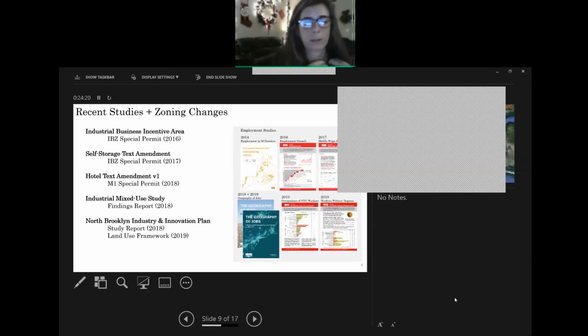So there's just a couple of things. I'll go in order. Just to also what Sante was mentioning originally, as far as the ratio of maybe requiring how much, the 25 Kent scenario, and I think that's what's stuck in everybody's head right now, is if you look back at the original proposal of the industrial business incentive area, the IBZ special permit, that was originally M1-2, and it was originally for 14 blocks. And that potentially could have been large scale throughout the industrial business zone. And then we scaled it to 25 Kent and then just to do a special permit site by site. Originally, we wanted to see how 25 Kent was going to produce,